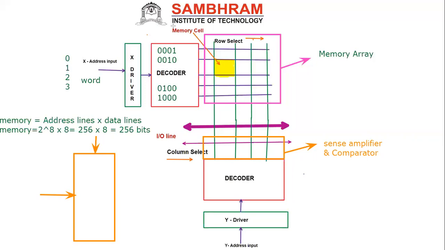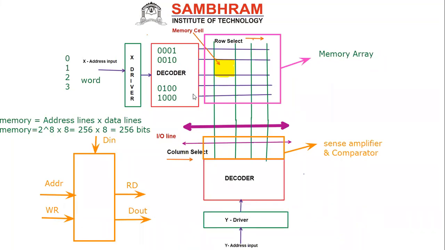So now, one more thing I can say. If you want to write, that is nothing but input. Writing is input, read is output actually. This is data in, this will be your data out. Then this will be your address, then your write signal, then your read signal, then your D out. This is what normally your memory says.